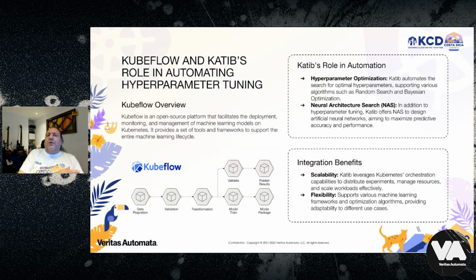starting from hyperparameters, going to model training, then distributing the model at the edge via pipelines. The scalability that you can have with your own approach is not the same as what you can have from Kubeflow and Katib, even if you use Kubernetes in both cases. That's unique to Kubeflow. And flexibility is because you can have a lot of frameworks and optimization algorithms to effectively